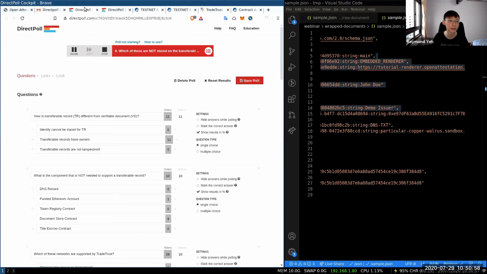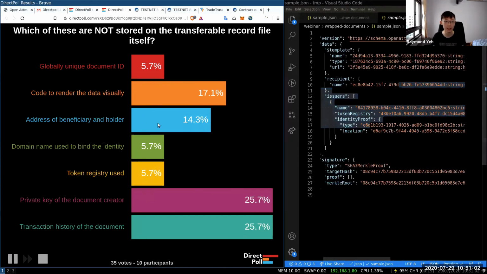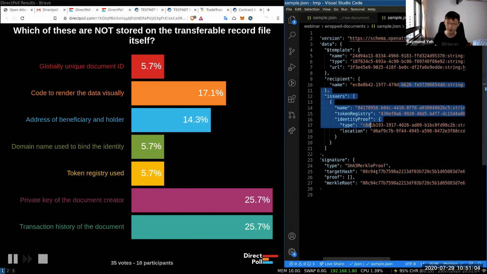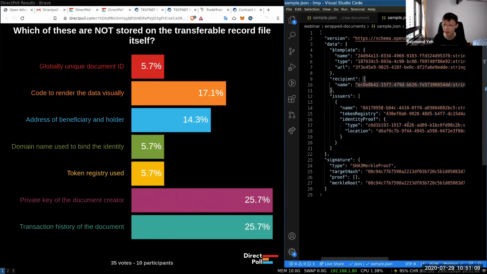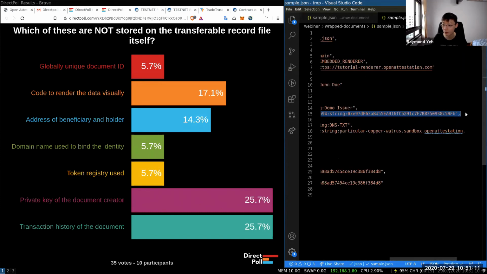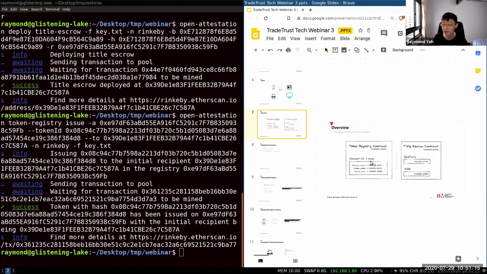Where's my poll? Okay, next. Address of the beneficiary and holder, right? It is not stored. Where is it stored, right? I look up this document ID in this token registry over here, right? It is stored on the smart contract. You see, this is the contract that tells you the token registry contract, which gives you the beneficiary and holder,